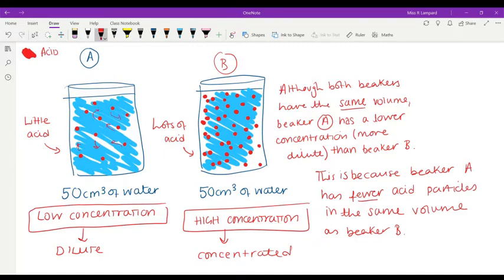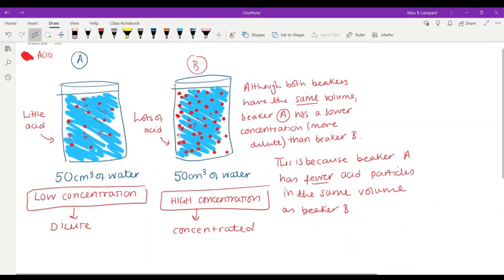Okay, and because these are liquid particles, if they're all moving, and there's lots more of them, the ones in beaker B are going to be colliding a lot more frequently than the ones in beaker A. So all that means in terms of a rate of reaction is that,